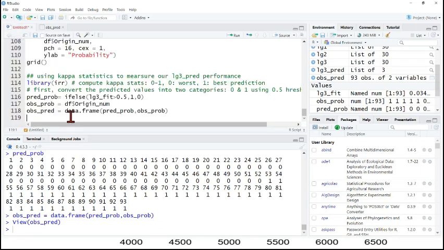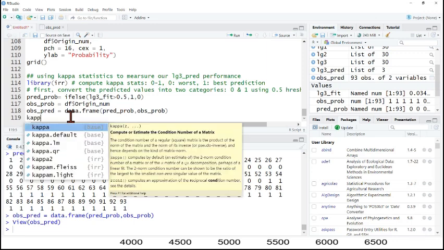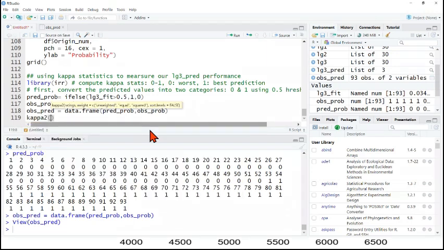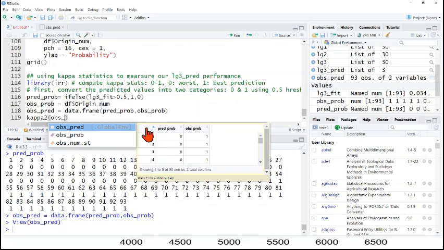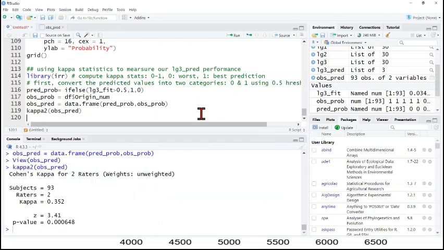So we can do the kappa now. Let's say kappa 2, it is the correct one we use. Okay, ops and pred. Then we can get the result. Our p-value of the kappa is very significant, and the kappa here is 0.35. So it is like a moderate, moderate correct prediction. It's below 0.5, but still it is significant. Kappa is 0.35, and